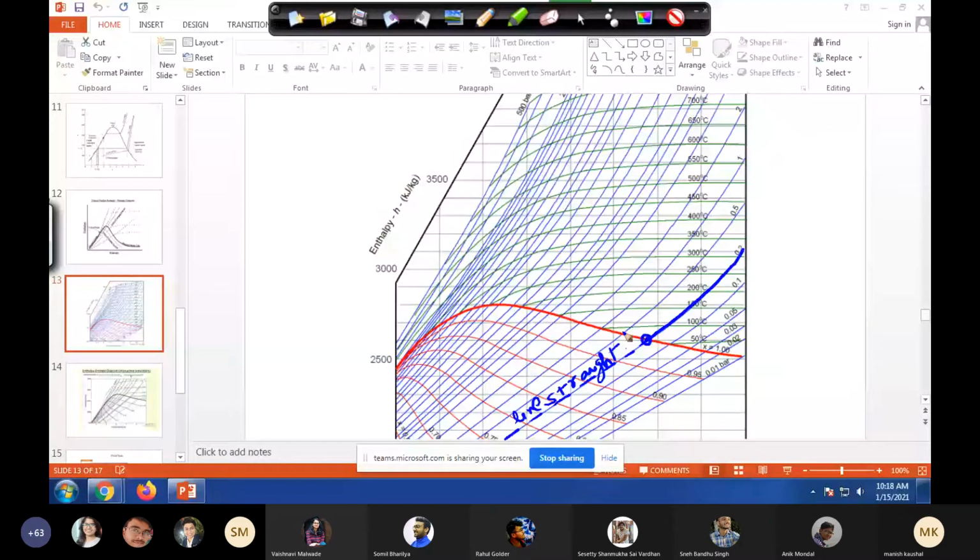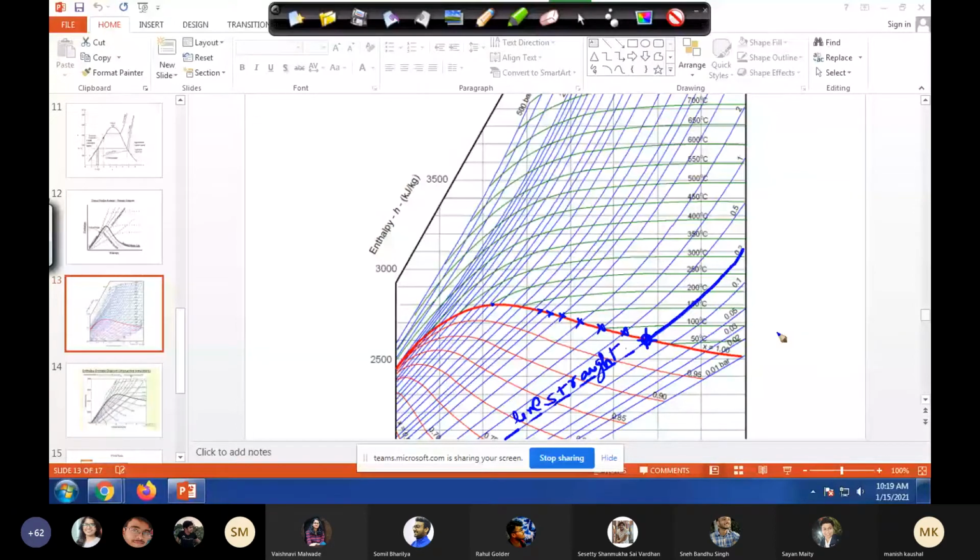How will you notice that phase change point? When you create such a curve, you will see that up to a certain point it is curved, and after that it becomes straight. And of course, if you are doing the experiment, you can see also that there is a phase change. When you get such points and join them, you will get this red curve, the envelope. So that is one thing.